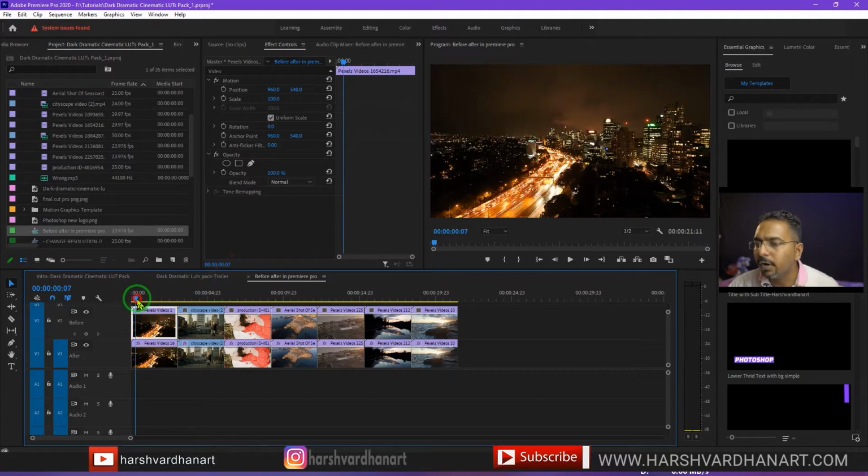What I want is that this before clip should run for half of the time of this clip, and then the after clip would start. And I want to show a wipe from left to right, or the screen moving from left to right or right to left, you can decide whichever way you want, but I want it to be from left to right. For this purpose, there is one way where you can animate the position, or there is a different